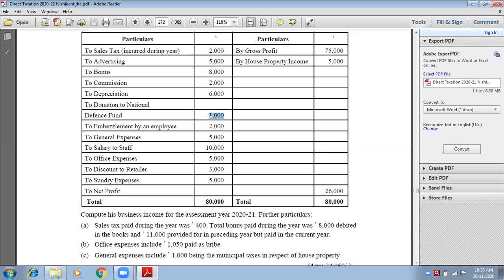What you guys need to do? Add expenses disallowed. Yes, add expenses disallowed. Very good. Embezzlement by an employee. Embezzlement means